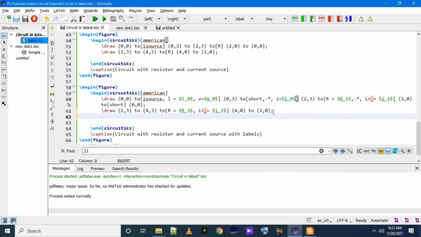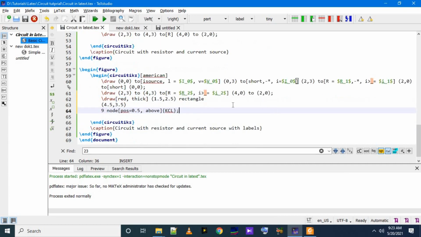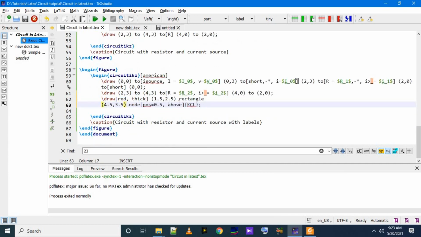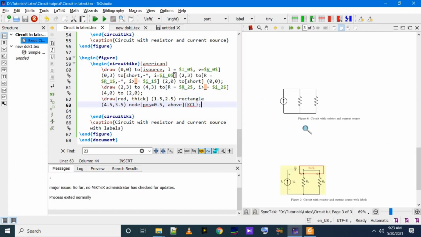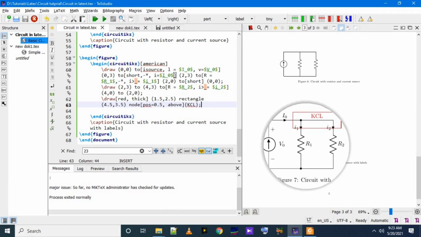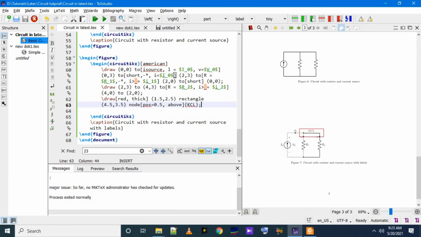Now let us make a box for showing the KCL. So here we got the KCL.